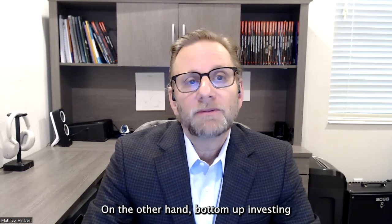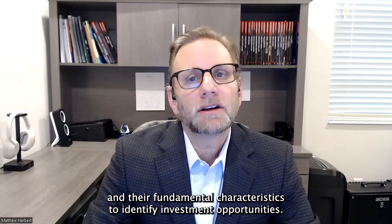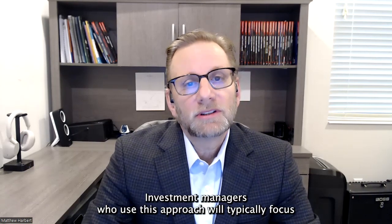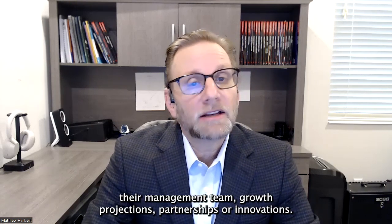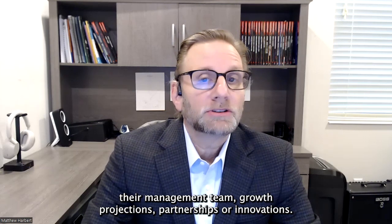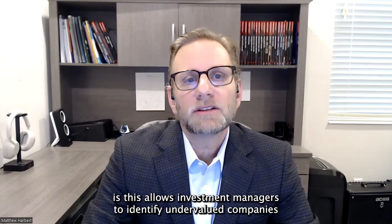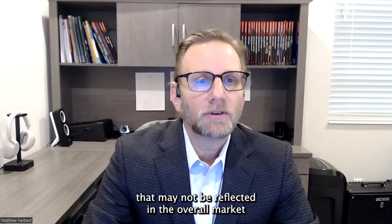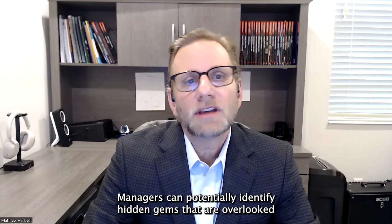On the other hand, bottom-up investing is a strategy that involves analyzing individual companies and their fundamental characteristics to identify investment opportunities. Investment managers who use this approach will typically focus on factors such as a company's financial statements, their management team, growth projections, partnerships, or innovations. The advantage to bottom-up investing is that this allows investment managers to identify undervalued companies that may not be reflected in the overall market. By focusing on specific characteristics of individual companies, managers can potentially identify hidden gems that are overlooked